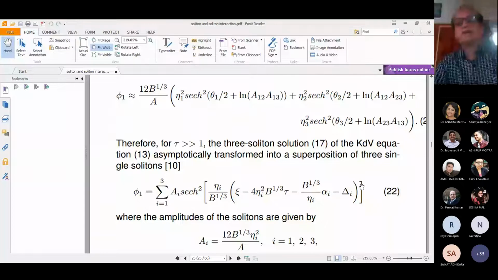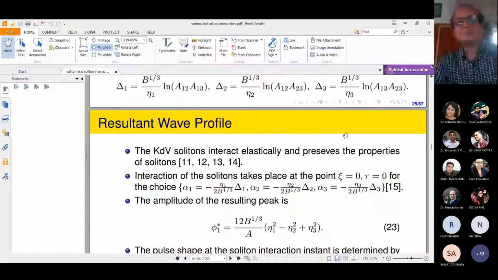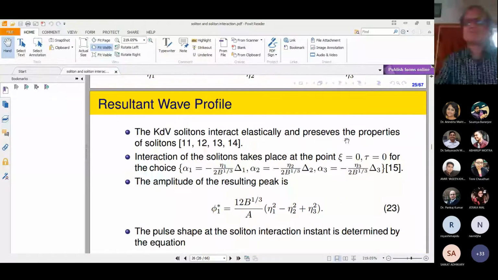This delta I is given by this. Physically it means that even when three, four, or more types of solitons appear, after collision the solitons interact the same way, but there is only a little change of phase. So people have studied several problems using this soliton interaction, but the question here is